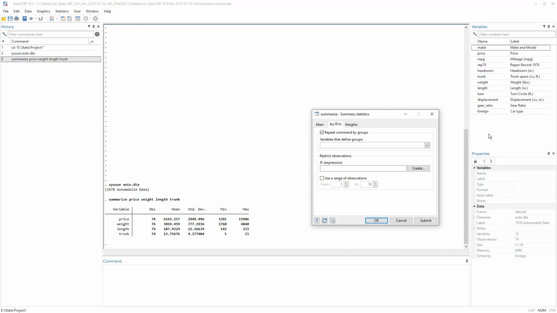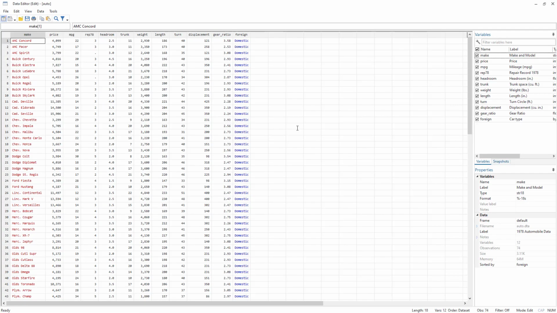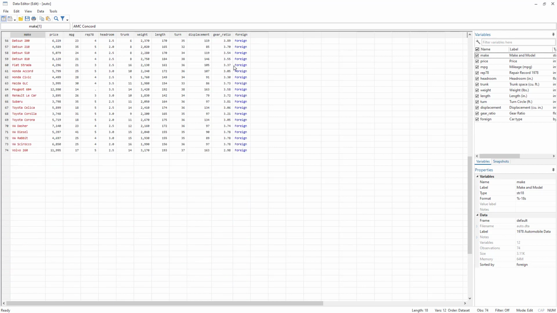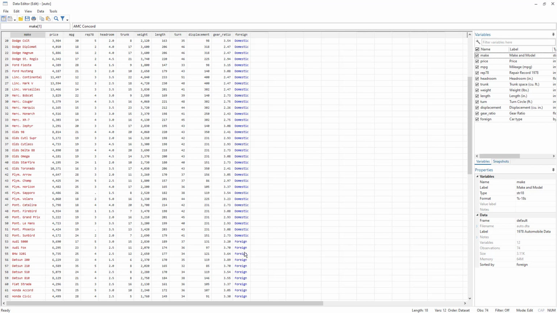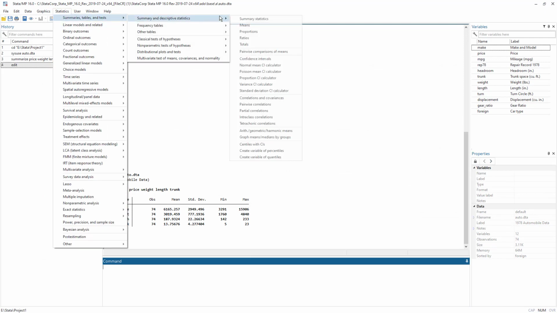In this case we have a variable named foreign. Let's go to the data view and see what it contains. We type edit, it opens the edit menu, and this foreign variable has two values: domestic or foreign. It says that the car is either produced in a foreign country or is a domestically produced car. So let us get back to the dialog box.